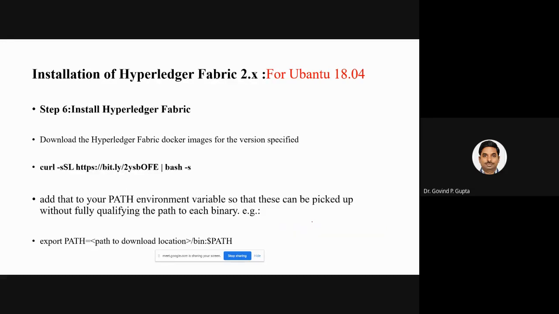So simply in order to install the latest version, this is actually a compressed form of the URL. The URL of Hyperledger Fabric is very large, so at the website of Hyperledger Fabric, they have provided a very compressed form of URL, which points to the software of Hyperledger Fabric.